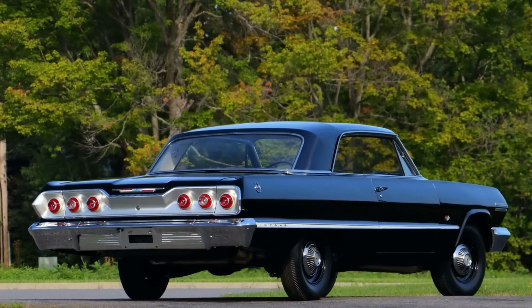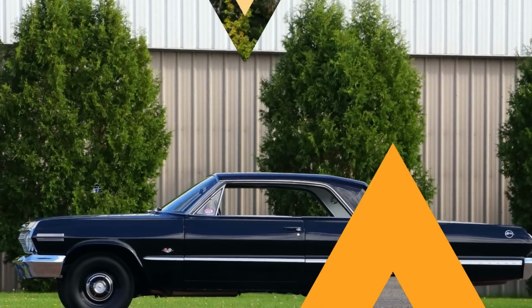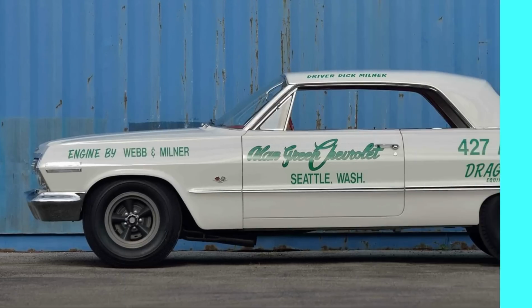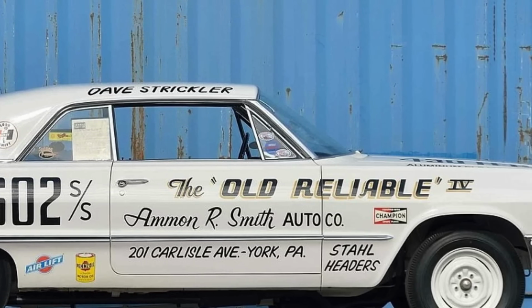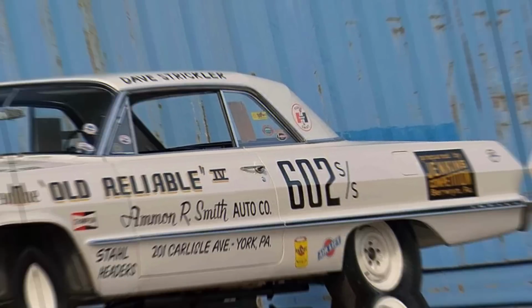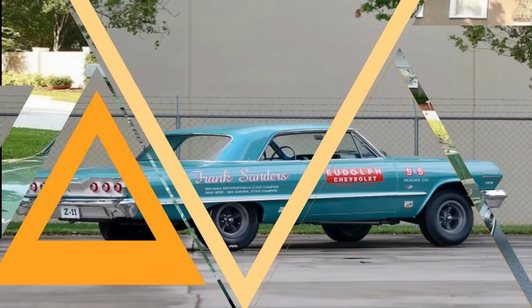It makes 430 horsepower and 575 foot-pounds of torque, which is a lot. According to AutoEvolution.com, even though the new Impala has more power than the old one, it is also lighter. A compression ratio of 12.5 to 1 was used to do this. The company also used lightweight materials for the car's fenders, bumpers, and bonnet to lower the vehicle's total weight. The 1963 Impala ZL1 was 300 pounds lighter than the standard Impala. In 2017, the 1963 Chevrolet Impala ZL1, also known as Old Reliable, was sold for about